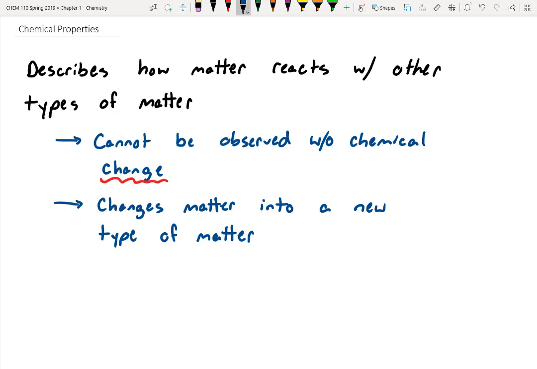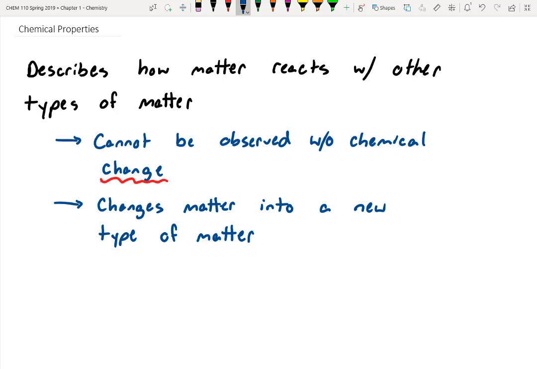That's more physical. So we'll talk about that. So the question was, if you have magnesium, has anybody ever seen magnesium? Magnesium is just kind of this gray metal. You can actually light it and it burns like a sparkler. And then at the end, you're left with this powdery residue. That powdery residue is actually a new type of matter called magnesium oxide. So it's not regular magnesium, it's now a combination of magnesium and oxygen.